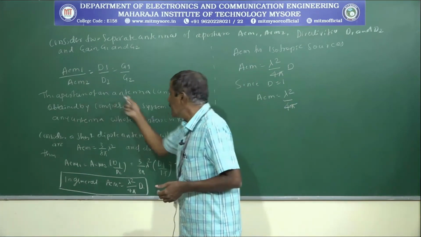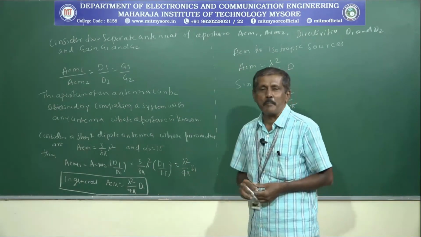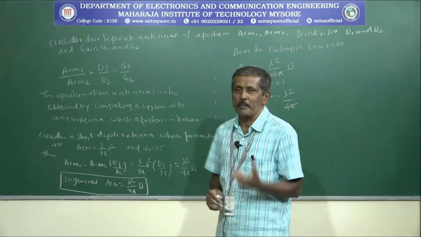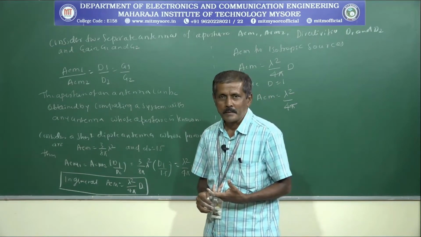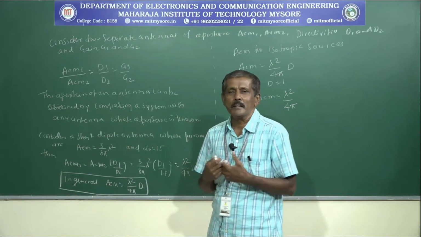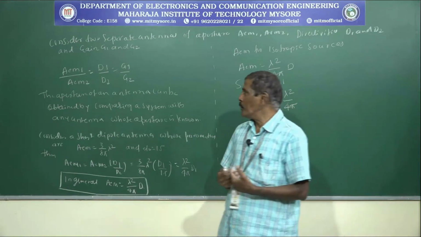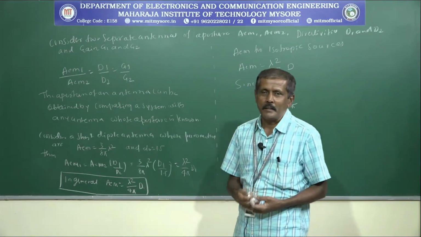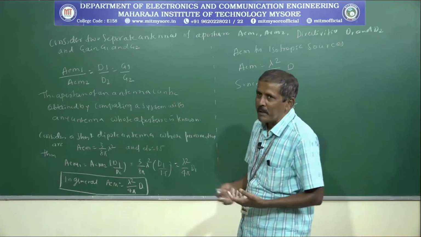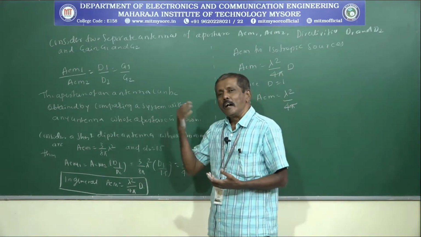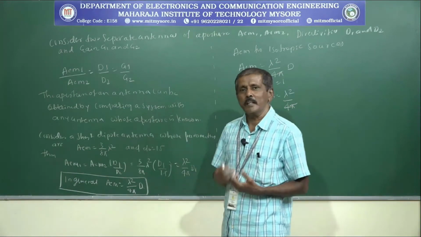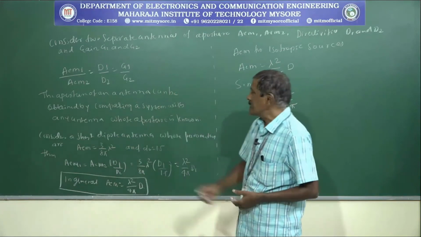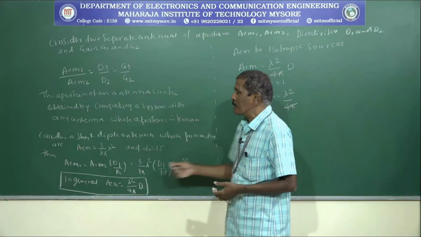And you can calculate the aperture of any antenna if you know the aperture of the other antenna. That means the aperture of an antenna can be obtained by comparing with any antenna whose aperture is known. That is, if you want to calculate the aperture of a particular antenna, you can do it by comparing with another antenna whose aperture you know. Then consider a short dipole antenna whose parameters are